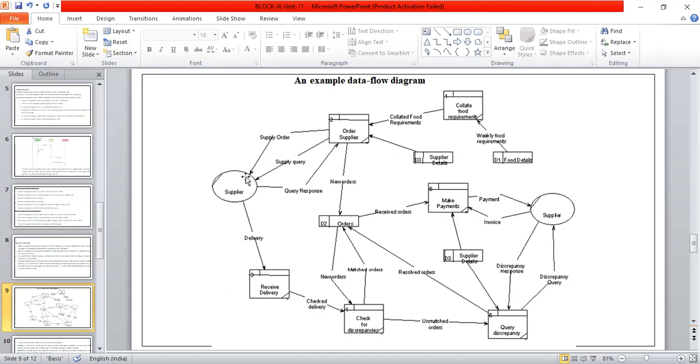Okay. Therefore, order supplies: orders are checked for discrepancy, whether the orders are matched, whether new orders are there, and the delivery is checked. Unmatched orders go for query discrepancy. After the query has been resolved, they come to the resolved orders. When the orders are received, the received orders are sent to the make payments